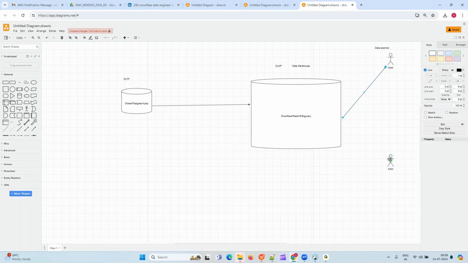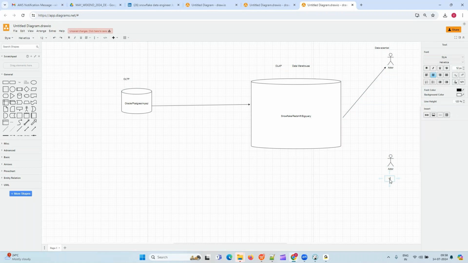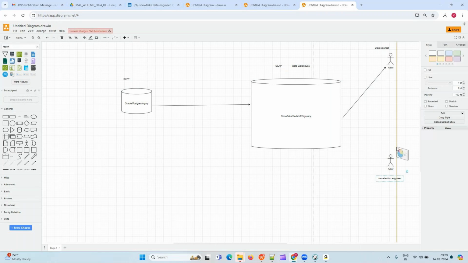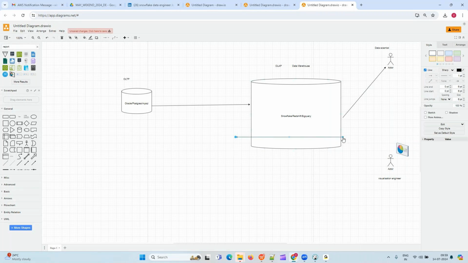And the other users of this data are the visualization engineers, the Power BI or Tableau people. There are tools in the market like Power BI or Tableau that do the reporting. So let's say my higher level management wants to know what my product sales are for a particular region for a particular quarter, correct? If I want to build historical reports on historical data, you use this historical data here.